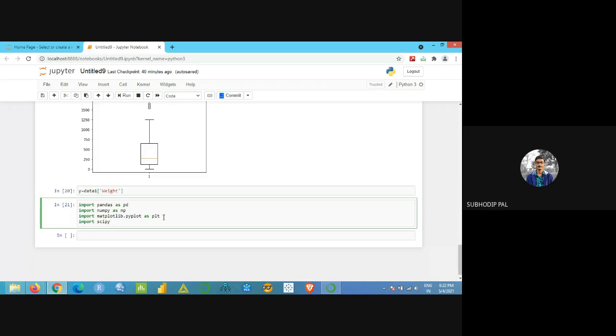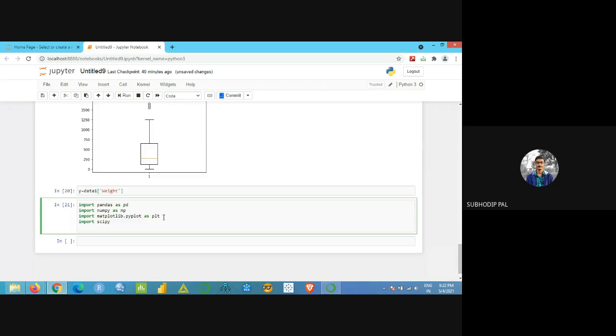Scipy is another library we'll be importing. Next, from scipy we'll be importing stats. Stats is the function which will be used for calculating the mode. So import stats. Okay, stats also we'll be importing.